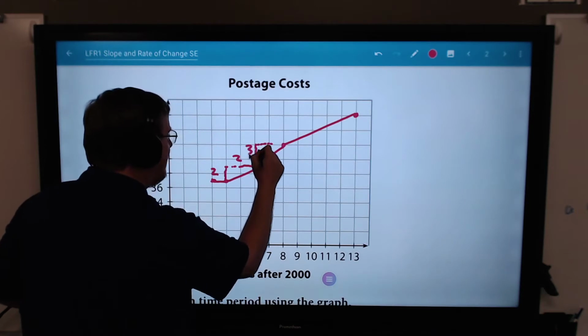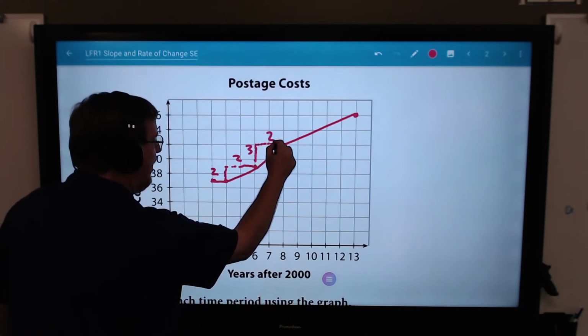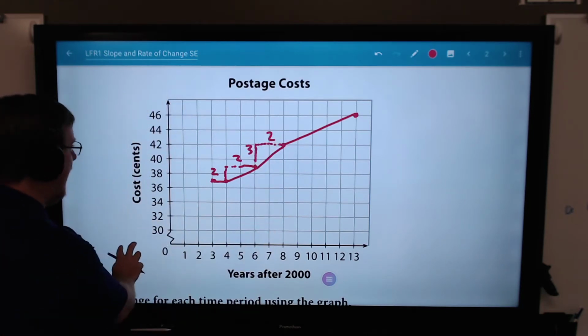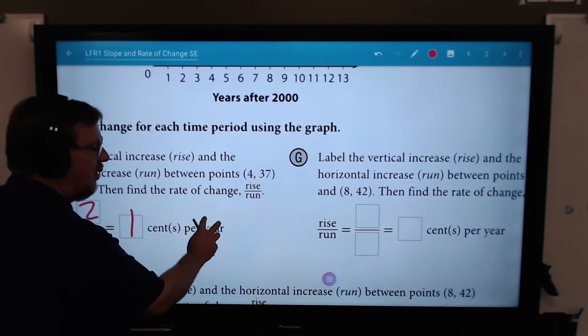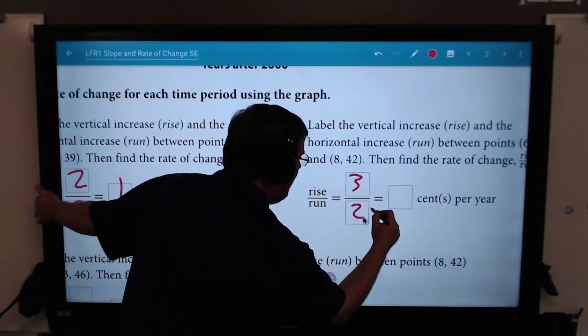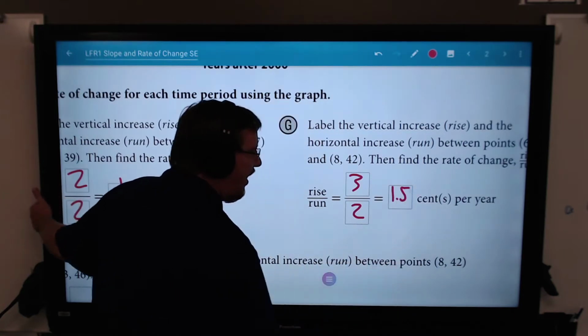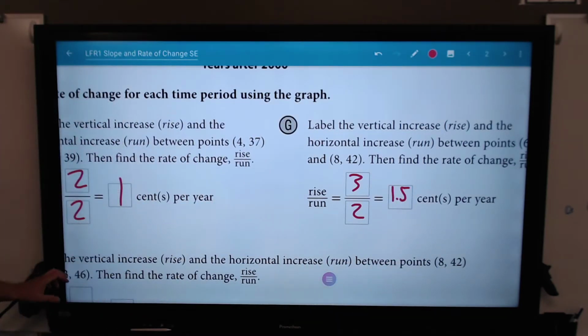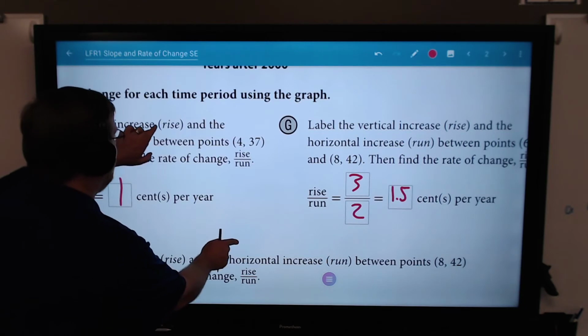It rises 3 cents and runs 2 years. Okay, so rises 3 cents, runs 2 years, or 1.5 cents. That should look familiar. We've done this on the front, right? And then the last 2 points here,